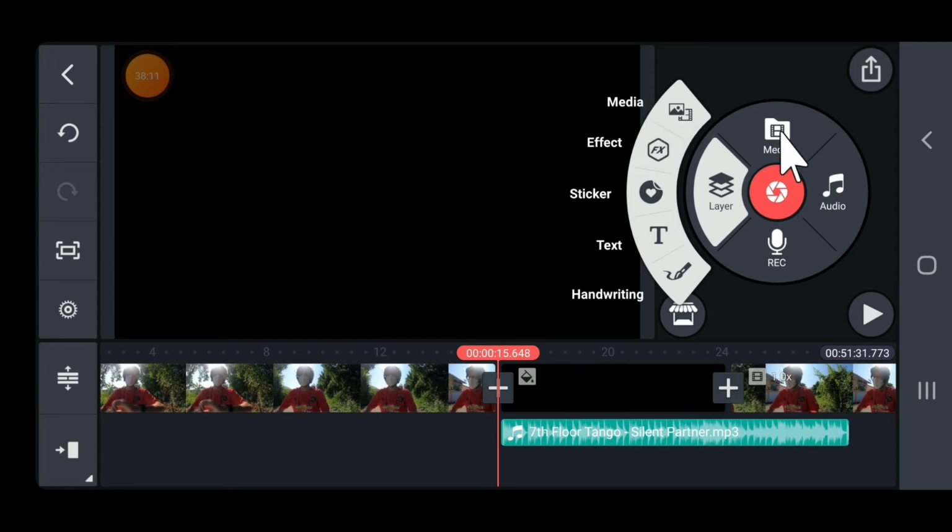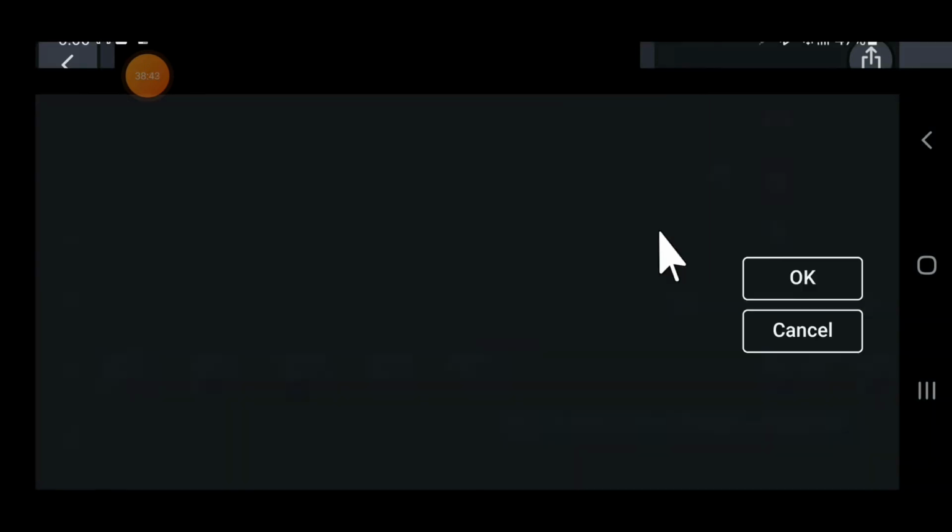It's identical to this media button, and this will open up all the folders on your phone, all your photo and video folders, just like this one. But anything you select here will now be added down here in the layers. Anything you select here in media will be added to the main foundation layer. You can add special effects, you can add stickers, you can add text, and you can do these special graphics using the handwriting tool. For now, we're just going to be adding text, so we select the letter T, and